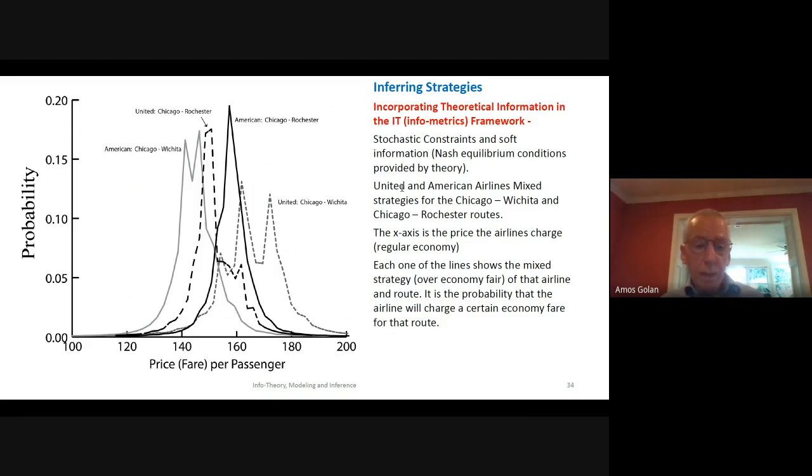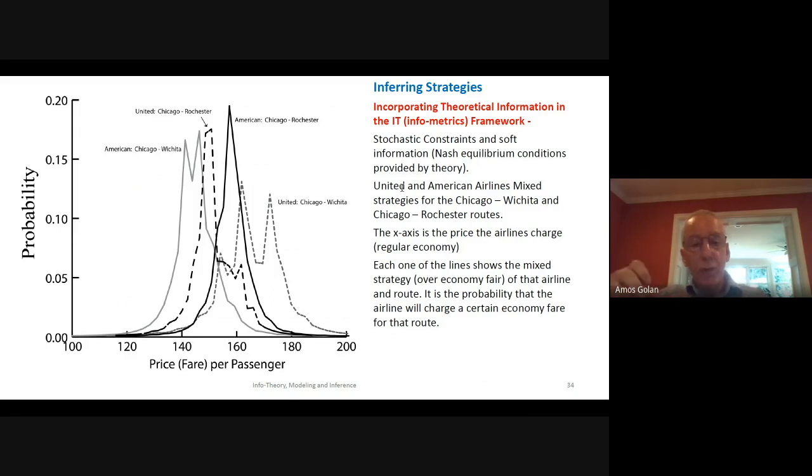So the assumption here is that they play a certain type of Nash equilibrium strategy. Okay, so what one can do from economic theory or game theory is derive the Nash equilibrium conditions. Now, this is complicated a bit because the Nash conditions are quite nonlinear. They have inequalities and they have equalities. It's a whole mix, and it's conditional on what the other firm does. So you derive this from theoretical arguments.